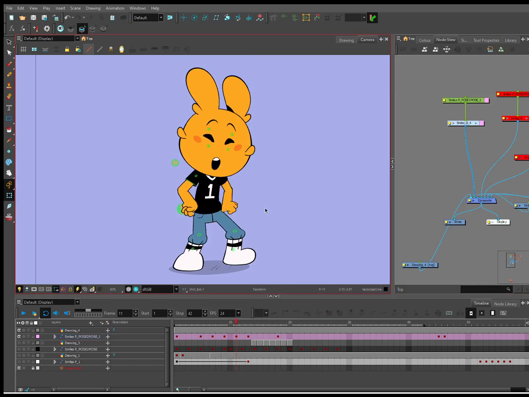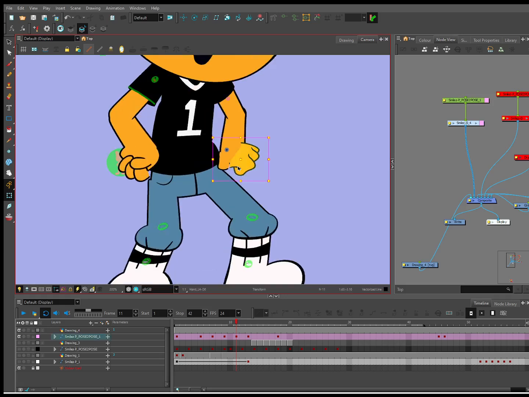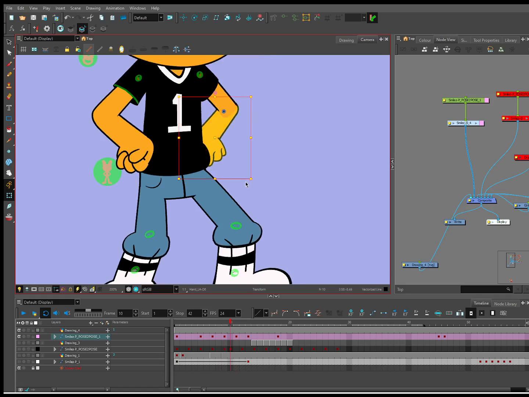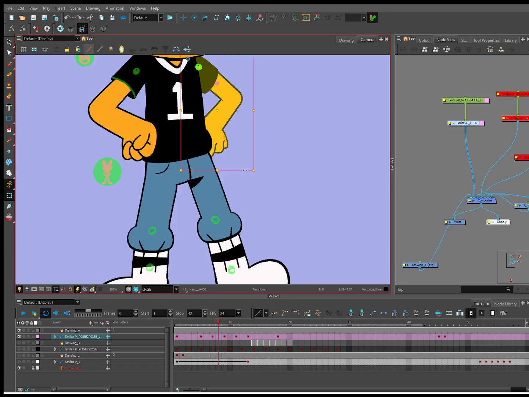So now we got, okay, so we have that. I'm just going to fix up the arms right away. I'm going to give a little antic to the arms right here, actually.